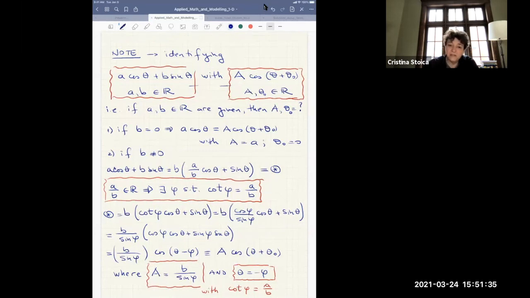Whereas if b is non-zero, then we can write a cos theta plus b sine theta in this form. And check it out. This is the part that I don't know why nobody's telling you. There is a trick: any real number can be seen as the tan or cotan of an angle. This is because tan or cotan have their range over the entire axis. So any number, right? So if I draw the cotan,